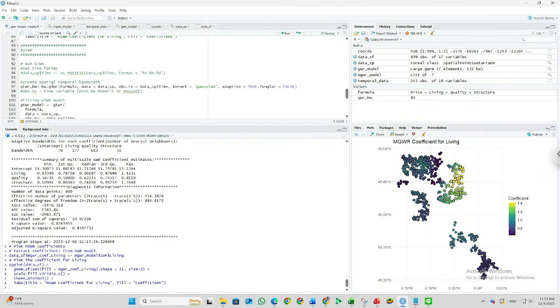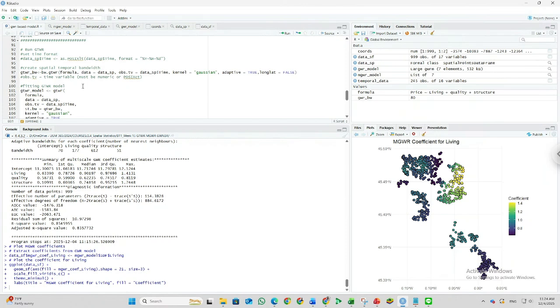consider the time. In the GWR and also MGWR we avoid the time, and also in global regression we avoid the time, but in the GTWR we highlight that we consider the time. So in the GTWR, we not only focus on the spatial heterogeneity, but we also consider the temporal heterogeneity across the study area.